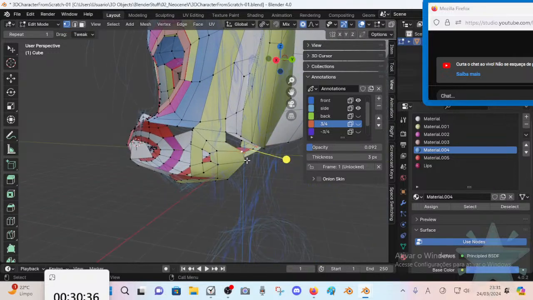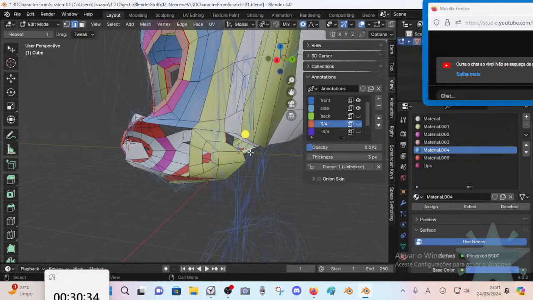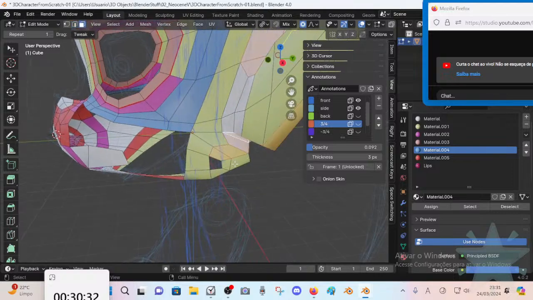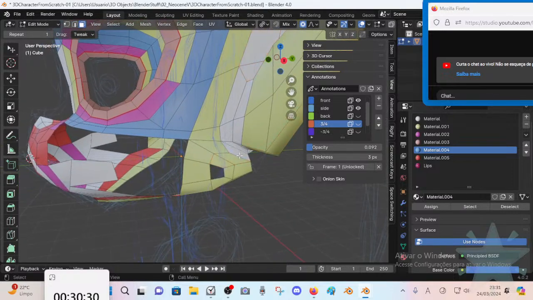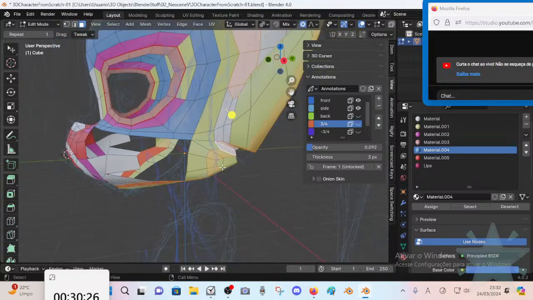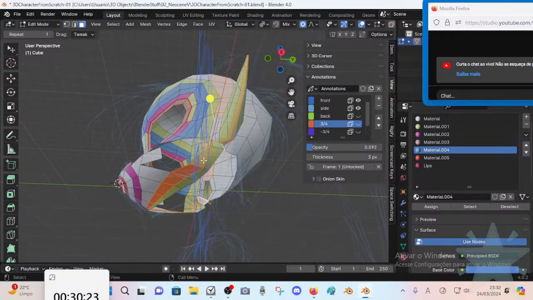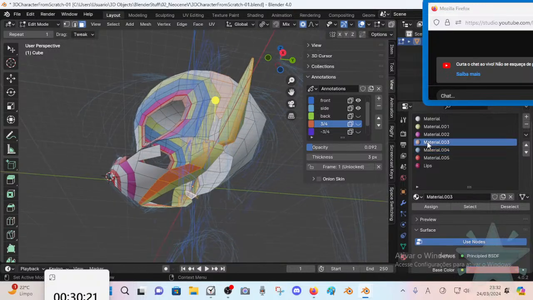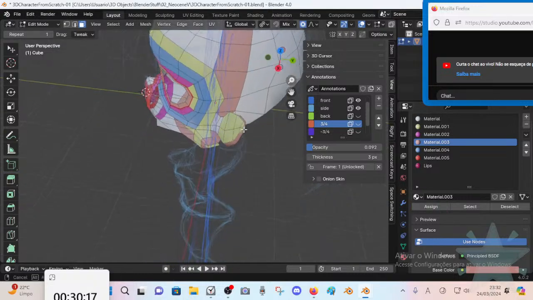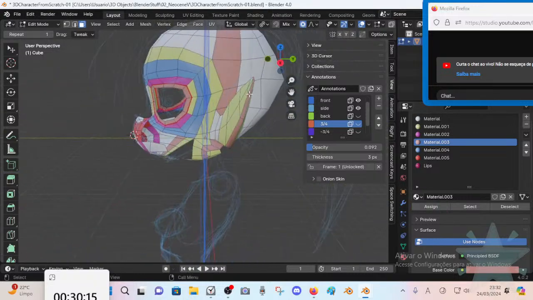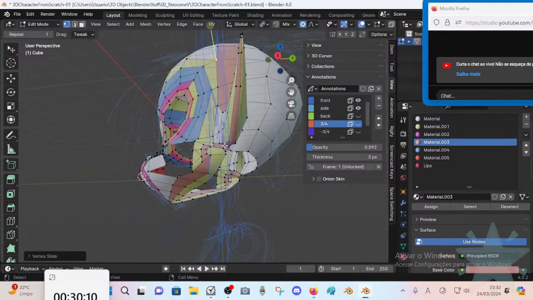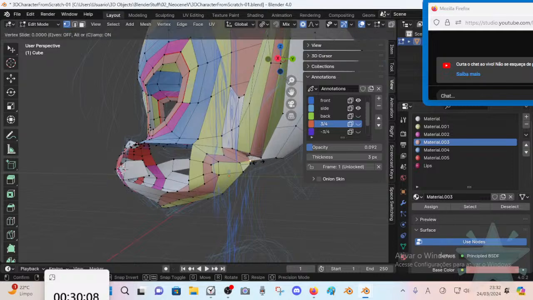Yeah, this is plausible. Dá pra fazer isso, sim. Yeah, this is acceptable. You see, the ear would go there. So for example, let's see what this gives us. Something like that. So this goes, interesting, right? Goes on top of the ear, then on the bottom of the ear, then it goes all around here,